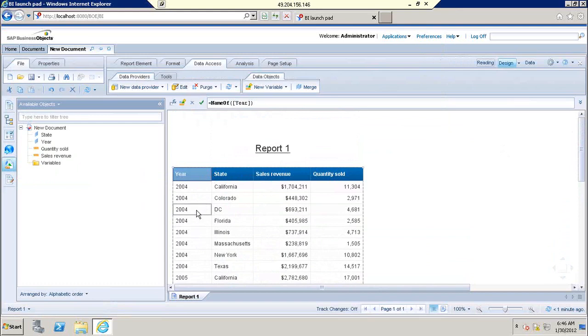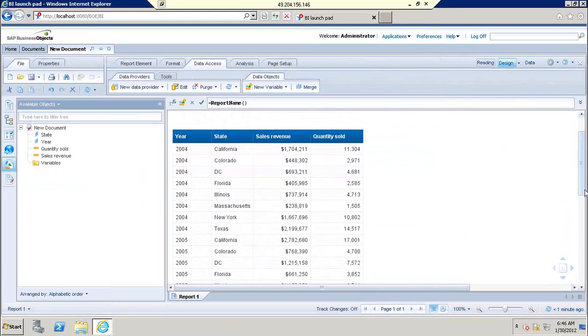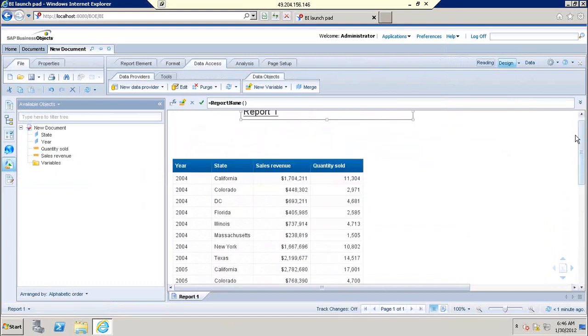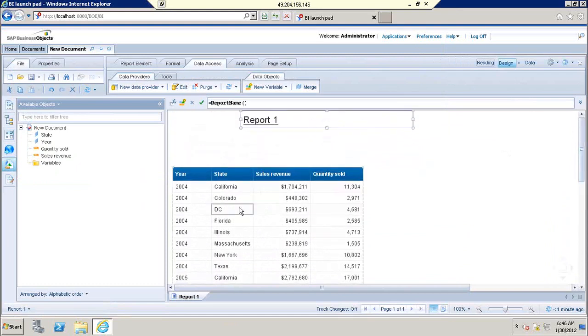The report is displaying every year. So 2004 is repeating for all the states. I don't want to repeat these year values. Whenever the year is displayed, it should display only one time. So how can we do that? By applying the break, and also I want to display the year wise